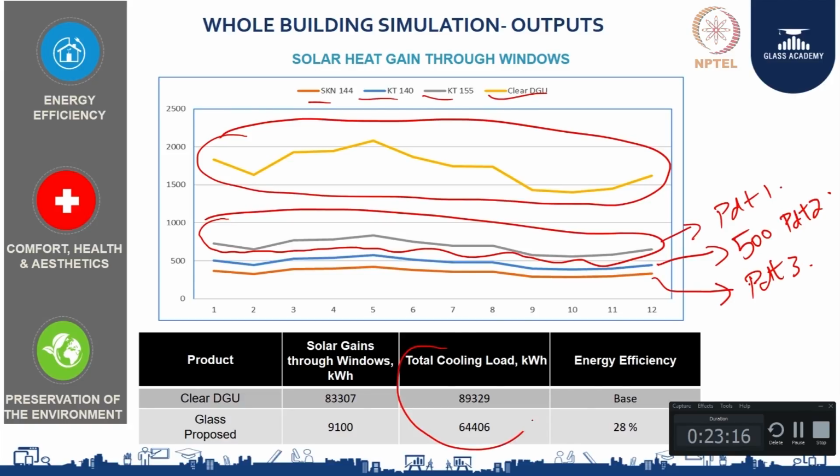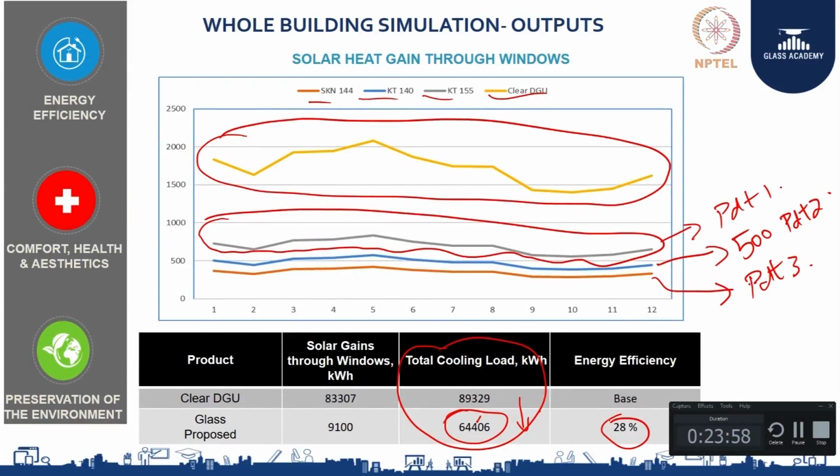So over here is a particular case study where your clear glass, which I have taken as a base case, is consuming 89,000 megawatt hour of energy, 89 megawatt hour of energy. So from there, when you use a particular glass with a particular solar factor and U value which is less, so say I have used the double silvered product, in that case it goes down to as low as 64 megawatt hour. So this will account to around 28% energy savings in this particular model, and this will directly account to a savings in electricity bill. So that is something that we need to consider in your design.